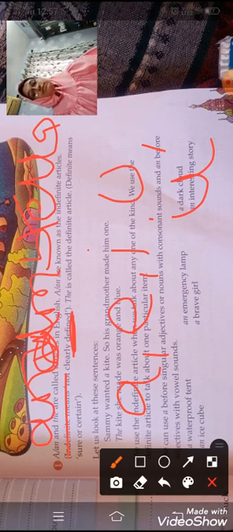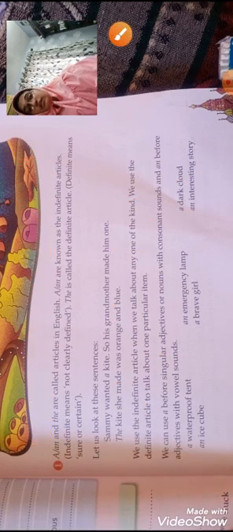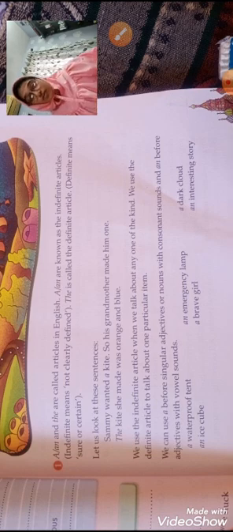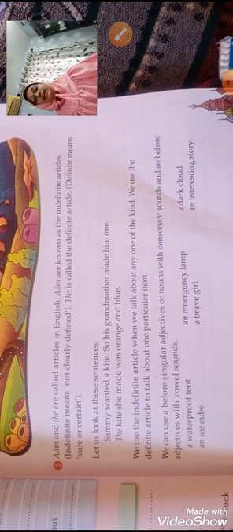Whenever a comes before a singular adjective or noun with a consonant sound, so apart from a, e, i, o, u, whatever letters you have, that is b, c, d, these all are called consonants, and a, e, i, o, u are called vowels. Clear? So after the blank, when the first letter of the noun or adjective begins with a consonant sound, then we have to put a, and when it begins with a vowel sound, then we have to put an.